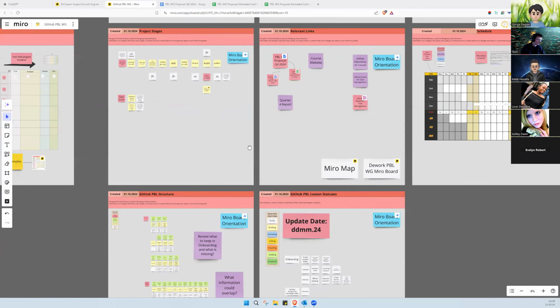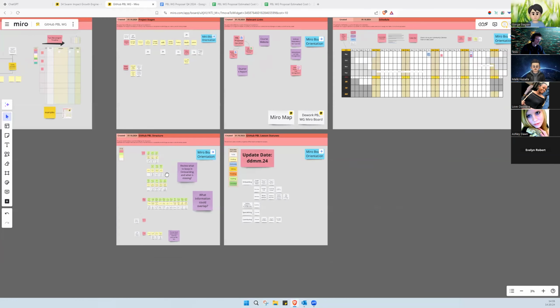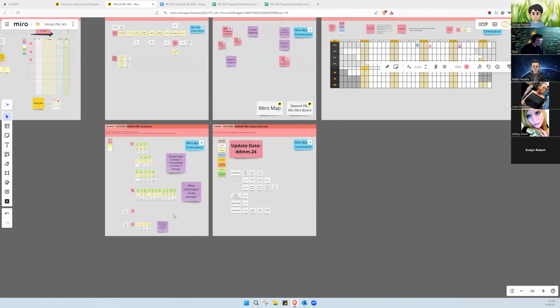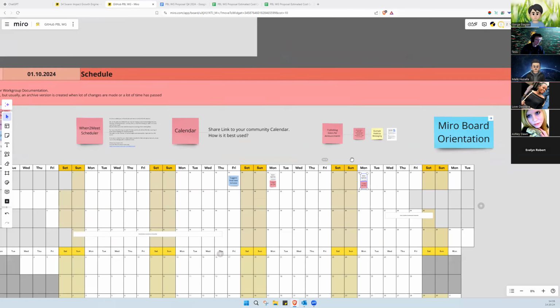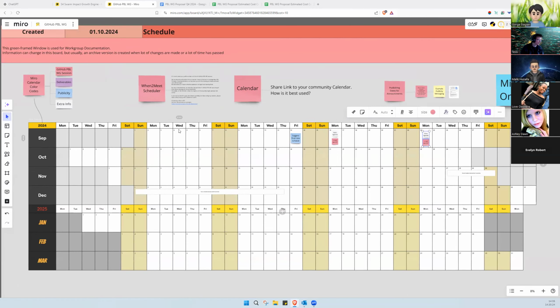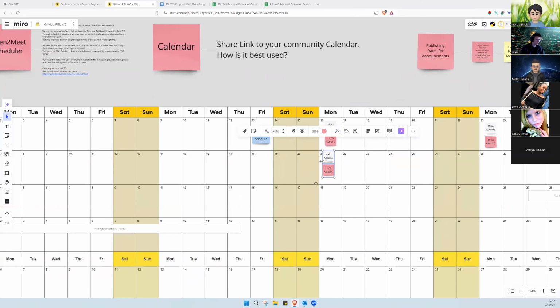Then we will start ideating on the GitHub structure, all the lessons we want to do, and what needs to be done. And in the same session, we will assign who would do the lessons. And then let's say we give ourselves, I don't know, 3 weeks to do it. And we meet again, let's say,